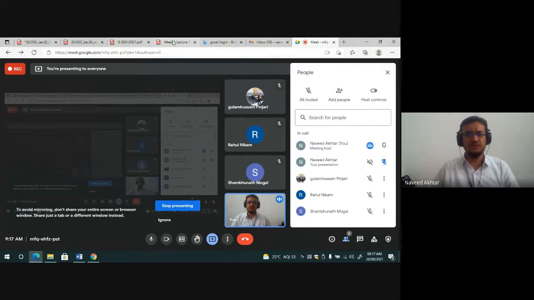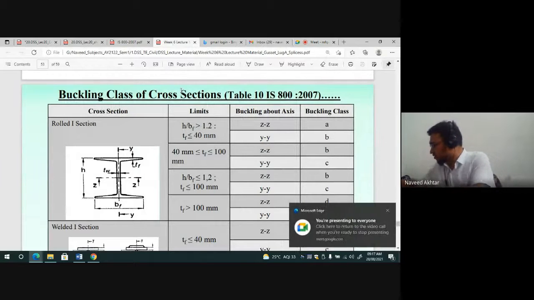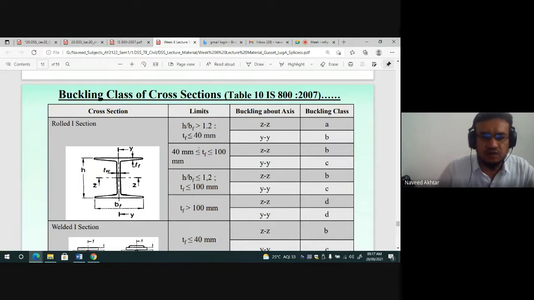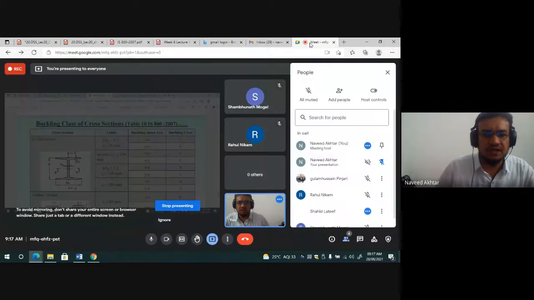So these we have covered already, the buckling class of section, how to find out the buckling class of section. We have already discussed in previous class. So based on the condition and the different values of the section, based on the width or depth of the section, the buckling classification